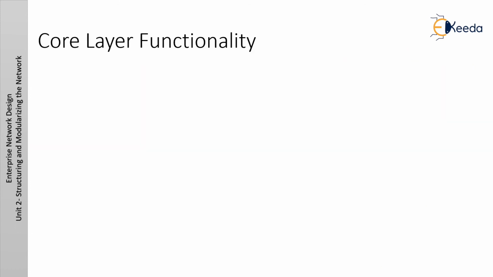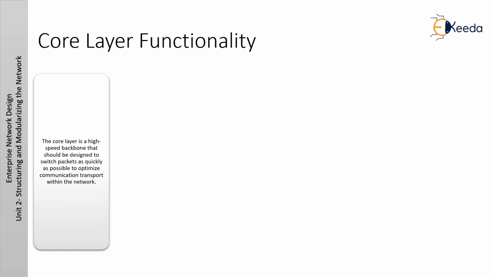Core layer is the last layer in the network hierarchy. So let us discuss core layer functionality. The core layer is a high speed backbone. It is a high speed backbone that should be designed to switch packets as quickly as possible to optimize communication